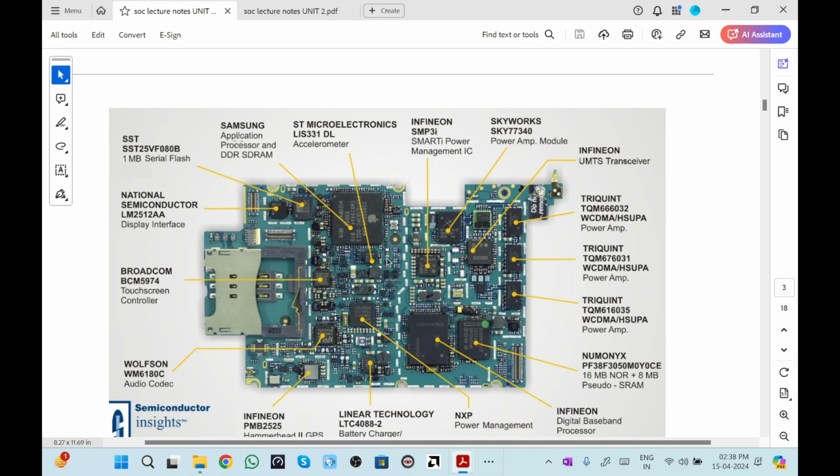So next is Samsung application processor, DDR SRAM. We know what DDR SRAM is. RAM is random access memory, and the memory is volatile. I hope you are aware of volatile memory. What is volatile memory?